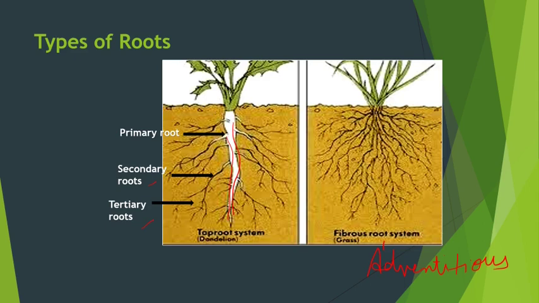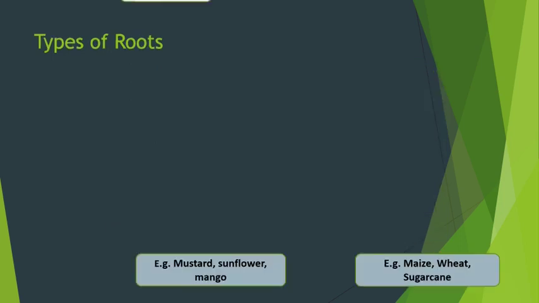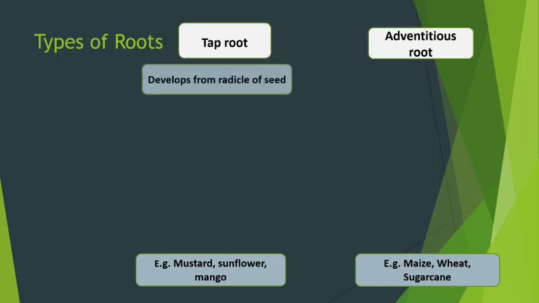It is broader. The older roots are at the base, it is broader at the base, and then it tapers towards the apex. So acropetal arrangement is seen, whereas a tuft of same sized hair-like fibrous roots, when they arise from the base of the stem, are called fibrous roots or adventitious roots. Let us see more detailed differentiation between taproot and fibrous root. So taproot and adventitious root.